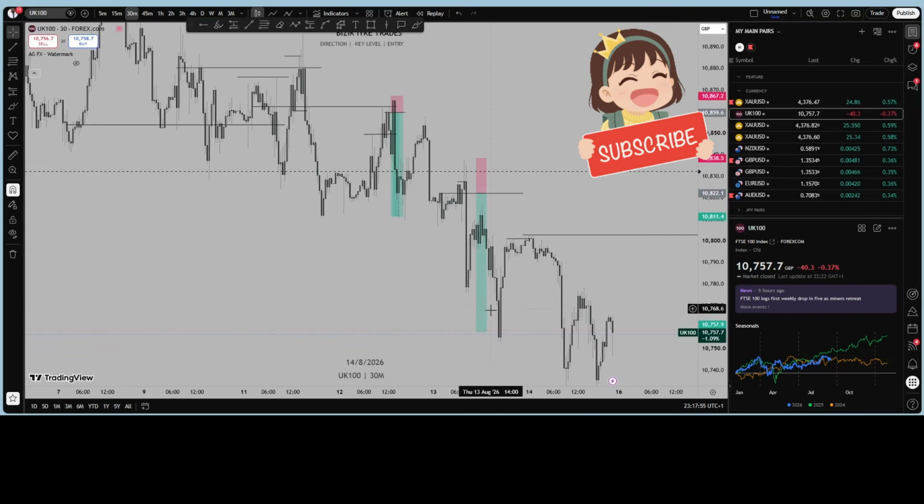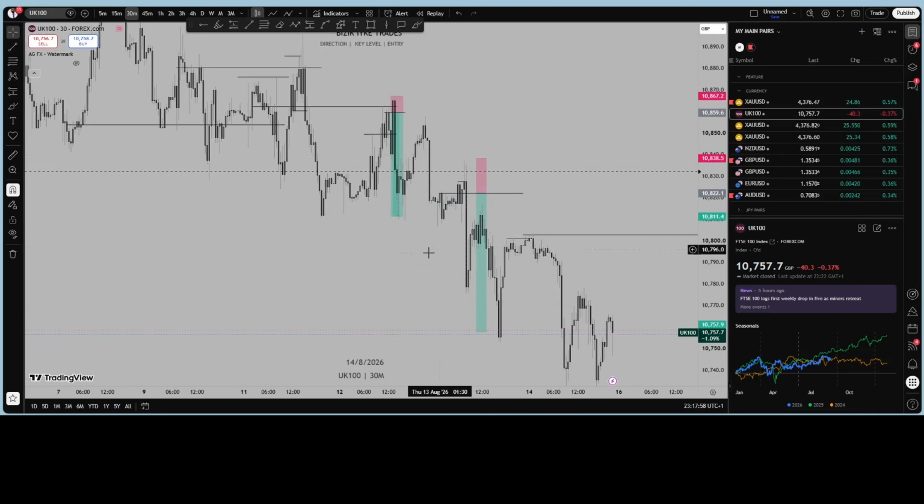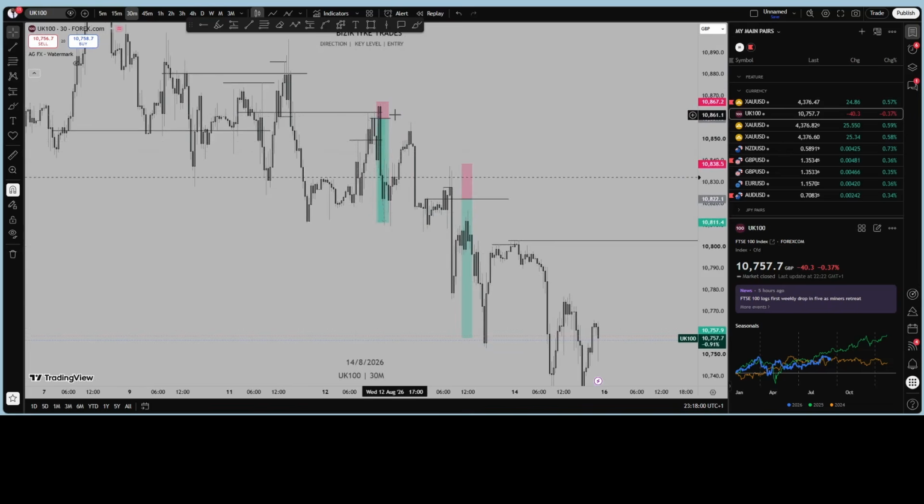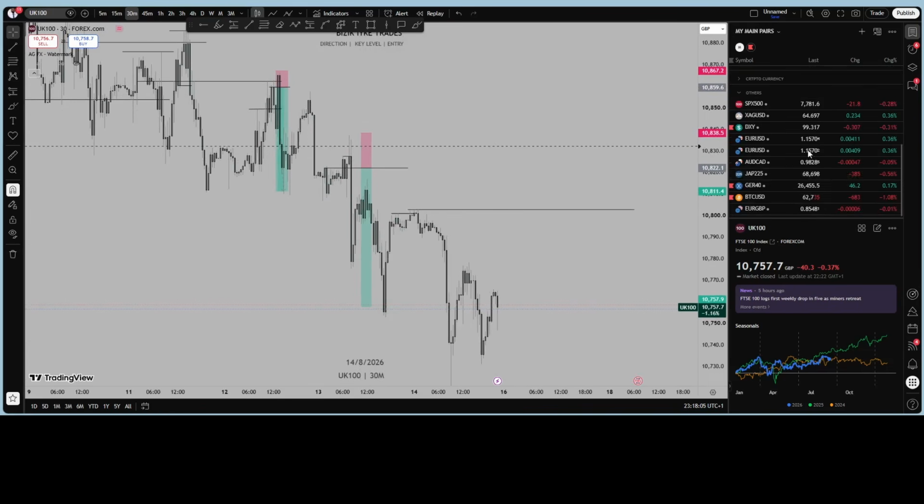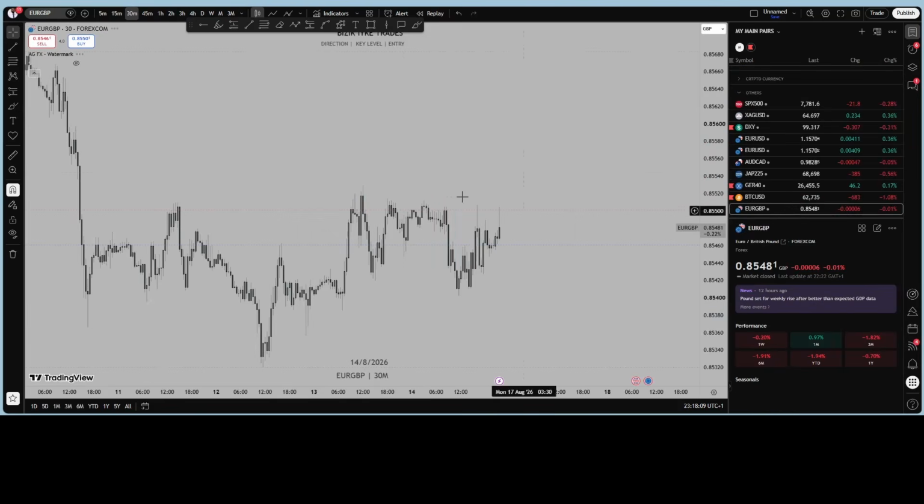We also have other trades like this one, which was a missed entry. This one was a missed entry. This one was a missed entry too. And also this one, I did not execute on this one. And then I gave another trade. I sent this one to my channel, but